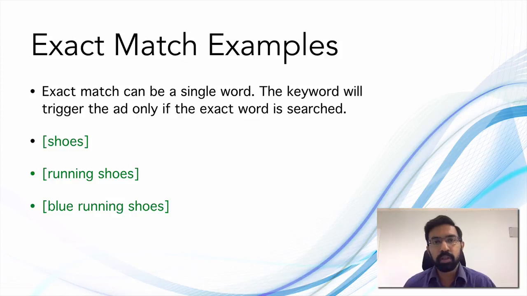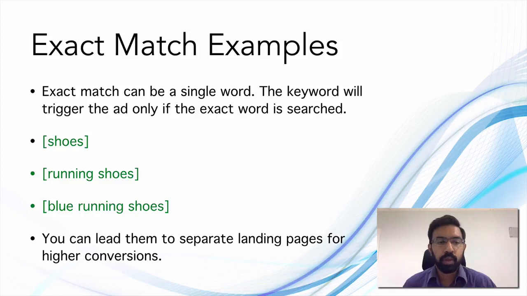And here the possibility is that you can create different ads for different keywords that will give you much more refinement and much more laser targeted traffic. You can actually have a landing page which directly leads to blue running shoes, so that if someone is searching for blue running shoes, he is highly likely to convert. Going back to the example that we saw in the previous lessons, if someone is asking in a shop for A3 size drawing note, he is highly likely to buy because it's a long tail keyword and it's very specific. So only when someone is ready to buy or in the buying stage, he or she knows specifically what they want. So you can lead them to separate landing pages for higher conversions, as we already discussed.